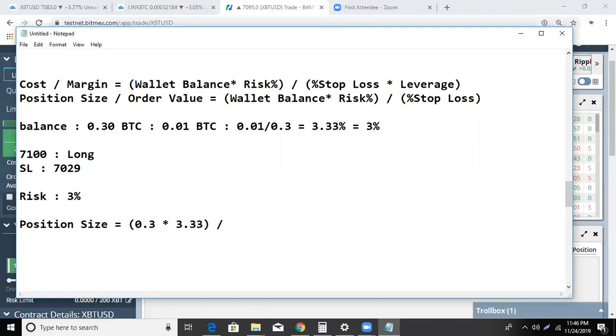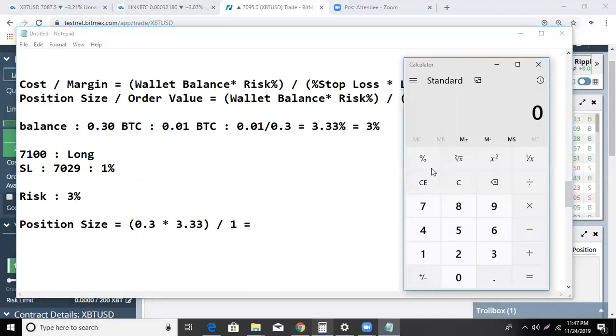What is my stop loss? Now, here comes the point. What is my stop loss? So if you just check it, your stop loss would be 1%. I have taken it as 1%, right? So if I have my stop loss as 1%, what is the figure that I got? So I got here